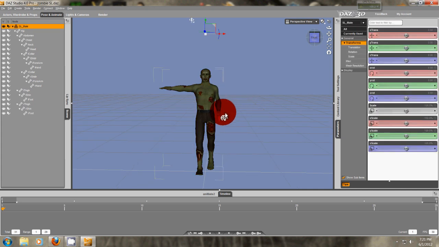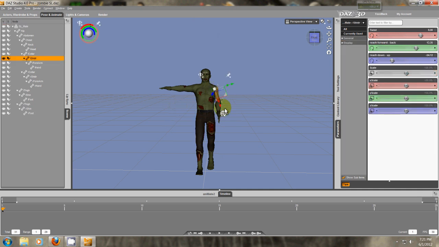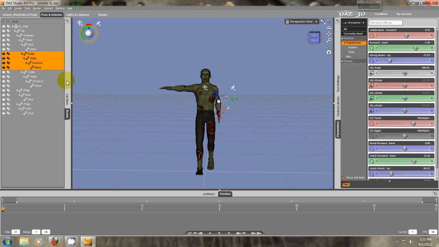And then we want to bring his arms down a bit to the side. And here's something that's really neat. Let's say I like the way this arm looks and I need symmetry on the body, so I want his other arm to be the exact same. So I would select all the parts for that arm. Here I went into the scene window and I selected all the parts for that arm. And now I'm going to go to Edit,